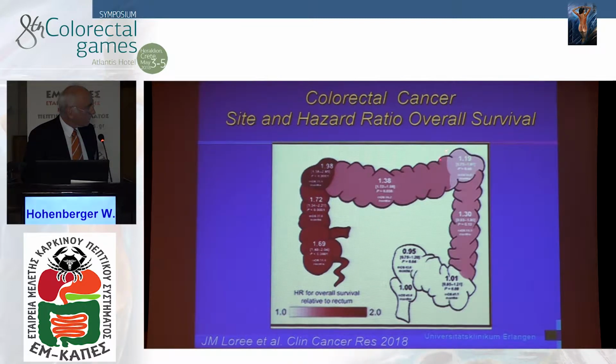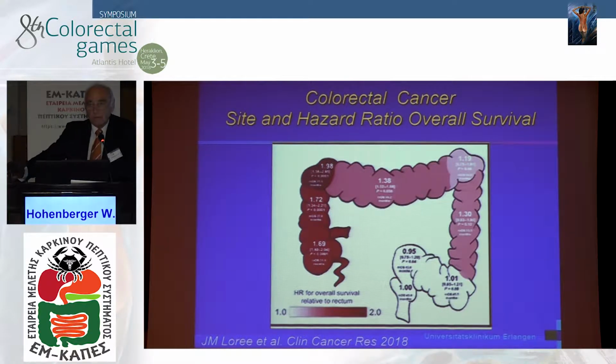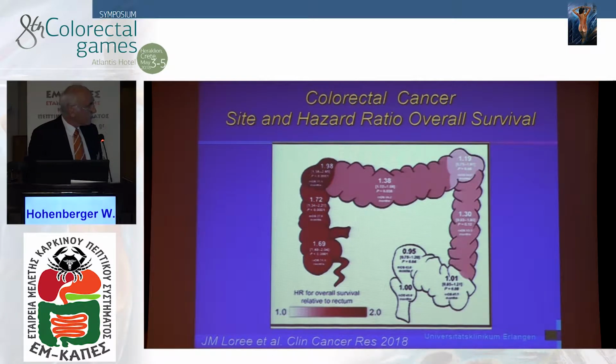I'm wondering about this low figure because in our department in the 70s, when we performed conventional surgery, almost no patients survived in the long run with a tumor at the splenic flexure. They all died because surgery was poor and lymph nodes were left behind. Our R0 resection rate was probably lower, and so on. And so I wonder why it's that low. And again, transverse is in between, but again on the right side.